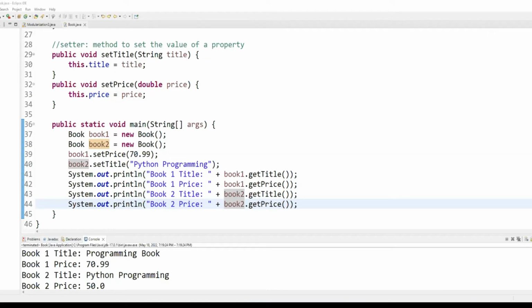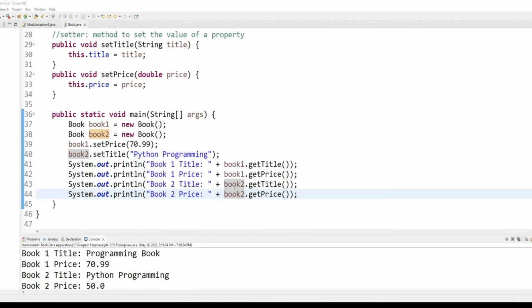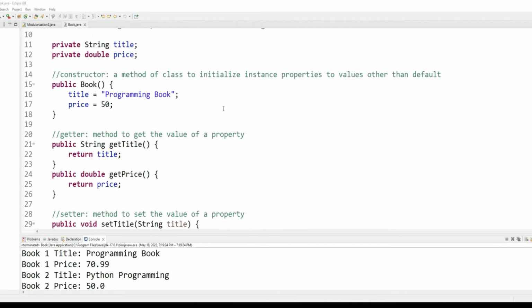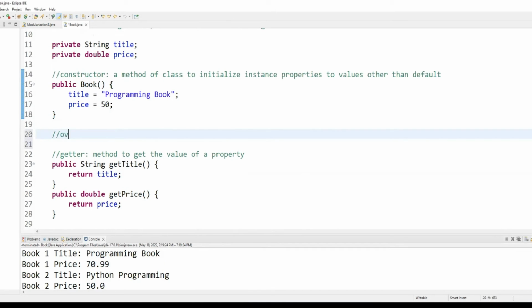Start the recording again. And this is where we came this far, where we were able to use the this keyword along with the properties of the class. Now it's time to take this to the next level, where we will go back up to the constructor and we will learn about overloaded constructors. And what is an overloaded constructor? An overloaded constructor is a constructor